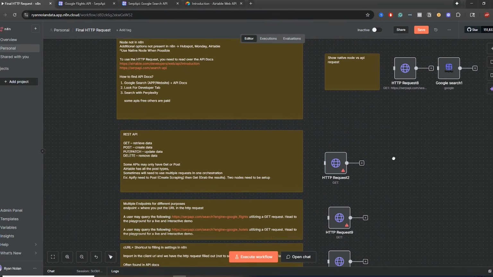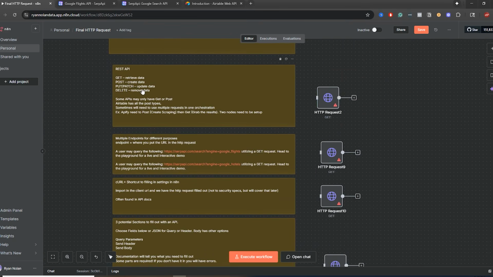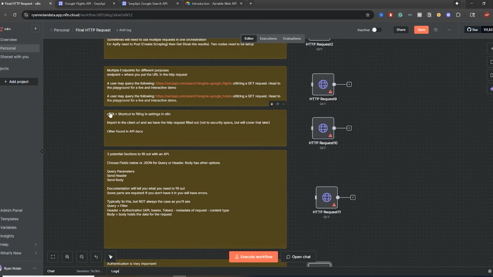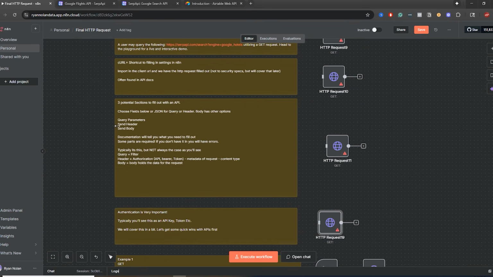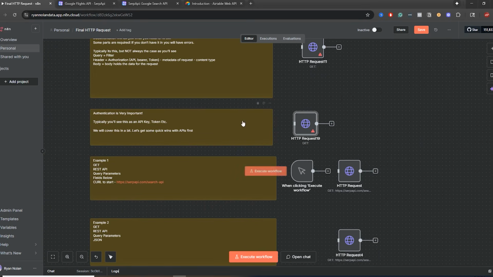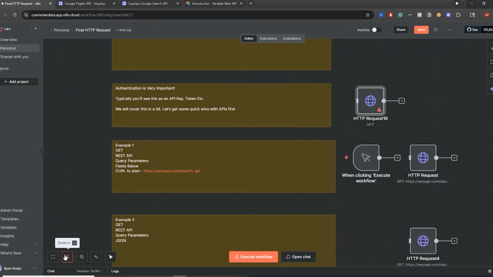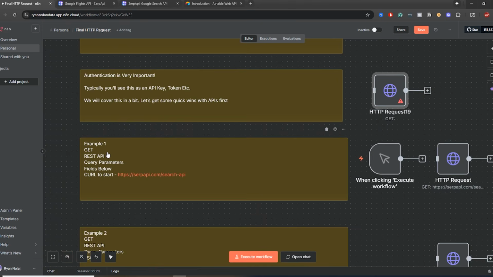So what you need to know, number 1, read the documentation. Number 2, it's going to be one of these 4 methods. Number 3, grab the specific URL you need. Number 4, curl is going to be a major shortcut for you guys. And number 5, look at filling out the sections: query parameters, header, body. And then there's going to be some sort of authentication. We're not going to focus too much on that right now because that's going to be a little bit later here in this video. So where I want to start with you guys is we're going to start with a